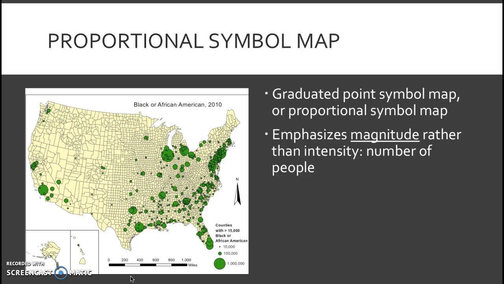We can visualize the same data with yet another type of thematic map. A proportional symbol map is useful for showing numerical data occurring at particular point locations. The size of each symbol represents population size. This map emphasizes cities because it's displaying raw count data. It's showing the number of African Americans rather than the intensity of data, the percentage of the population that is African American, as shown in the choropleth map. Chicago, Detroit, and Los Angeles all stand out on this map,